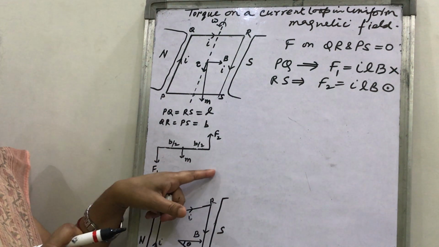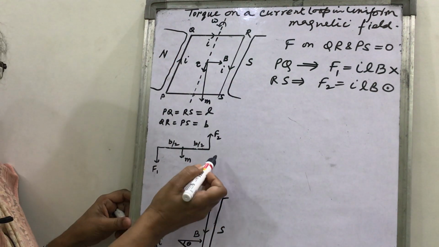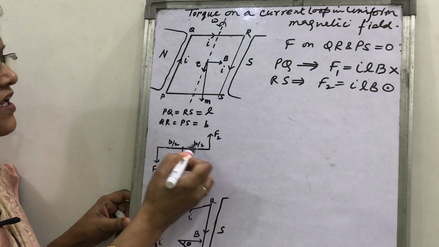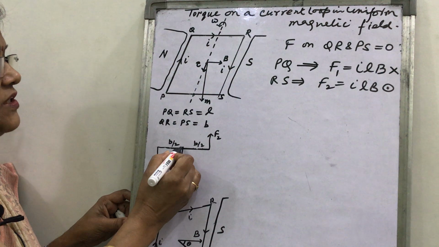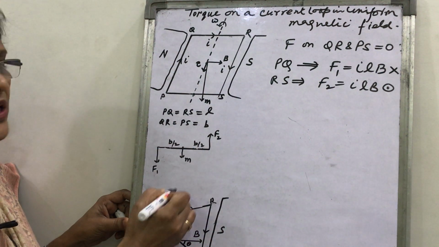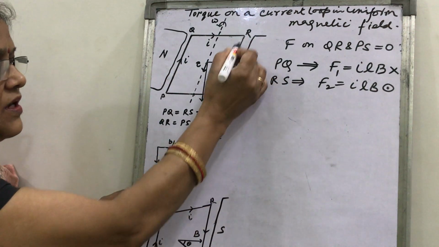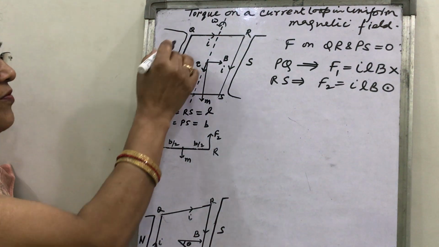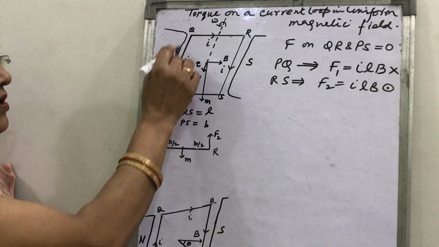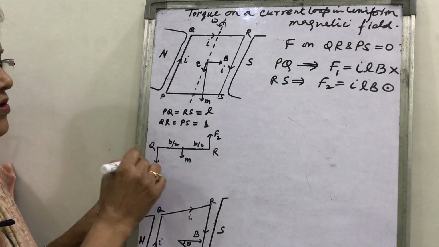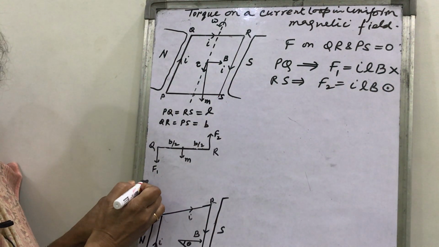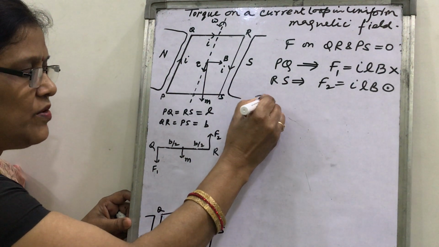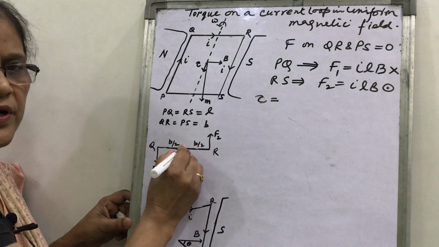Look at the top view of this arm. This is the top view. Here, in the PS or QR arm, this is the point where the rotational axis passes. Then F2, this force on the RS arm, this is R and this is, suppose, Q. And from Q the arm passes to QP. In QP the force is F1, cross, downward, so it is shown downward. Look at the torque. How will you write the torque here? The torque will be written as force into perpendicular distance.